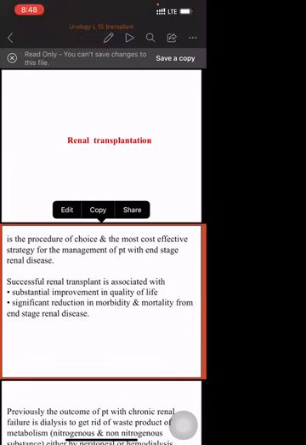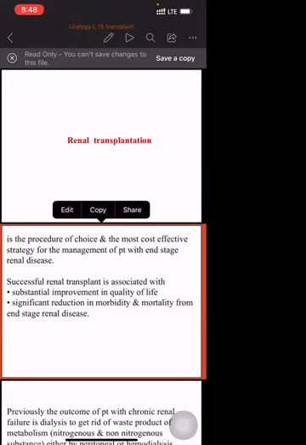So what I mean by renal transplantation is that it is the procedure of choice and the most cost-effective strategy for the management of patients with end-stage renal disease. So we say it is cost-effective. Put two red lines under that. We mean that if the patient stays on a period of dialysis,